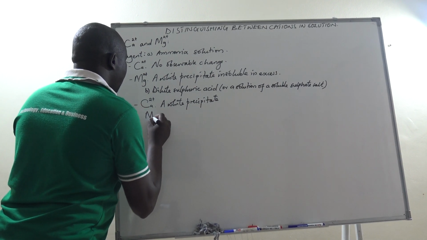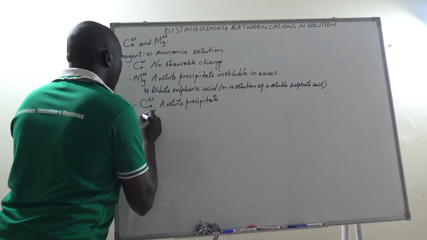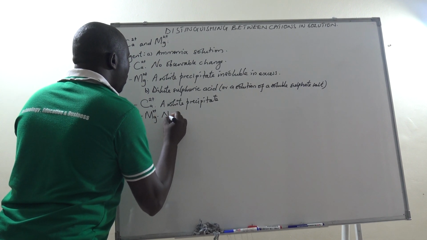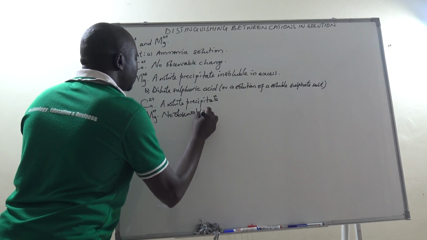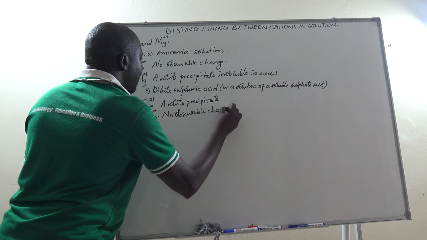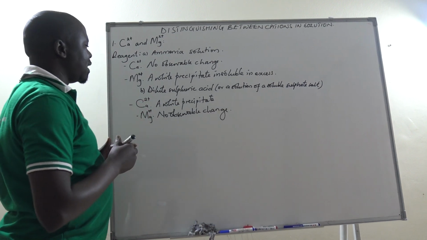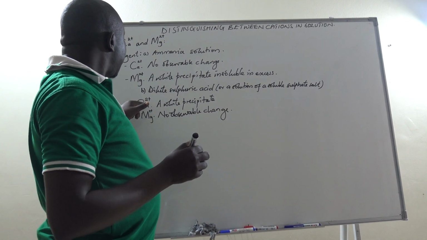Meanwhile, magnesium ion will give us no observable change. In this case, when we use dilute sulfuric acid, we had seen that the calcium ion in the solution under test